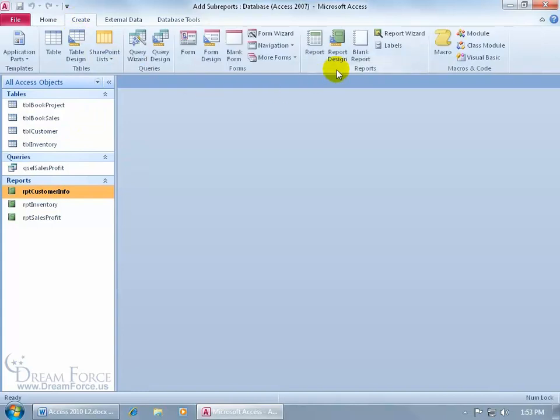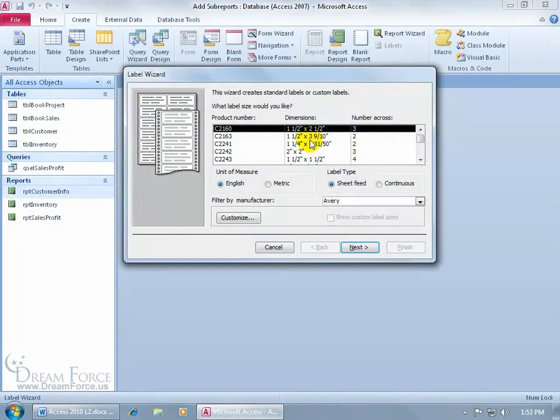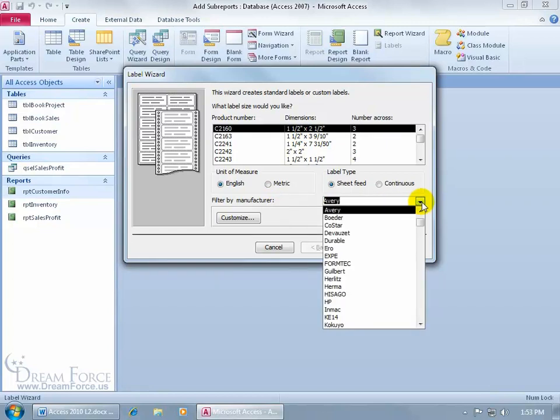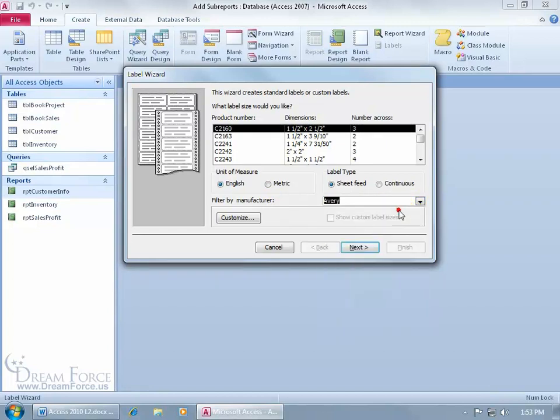Go to the Reports group, click on Labels. The wizard opens up. It's going to ask us a bunch of questions. We give it answers. Based upon those answers, it's going to give us, well, hopefully a nice looking page of labels here. First of all, I look at the manufacturer. Who manufactured them? Is it Avery? Click on the drop down arrow and choose one of the manufacturers,